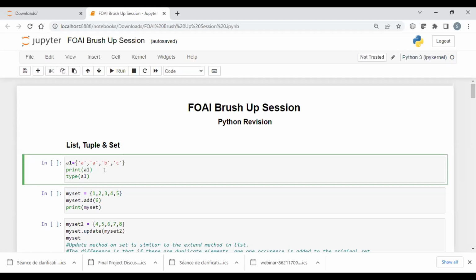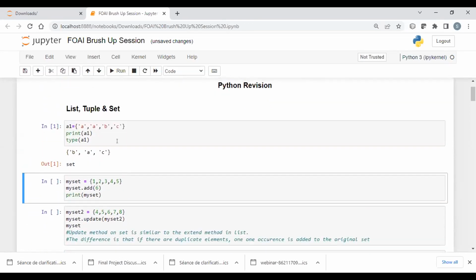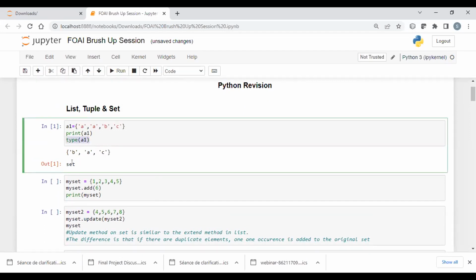All right, so let us see. So yeah, it's a set. If you see the variables that I had provided inside A1 were A, B, and C. A set does not take any duplicates. So that's why it has removed one of the inputs, and it has given us these three: B, A, and C. And you can see when I use the type function, it mentions it's a set. So this is a set that was created here. Whenever we are using curly brackets, it basically means we are creating a set.